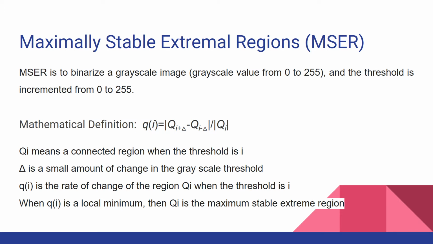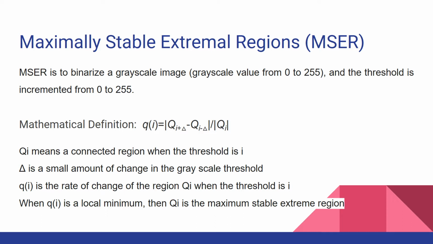MSER is to binarize a grayscale image. Grayscale value from 0 to 255, and the threshold is incremented from 0 to 255. This formula is the mathematical definition of MSER, where the PQI means a connected region when the threshold is